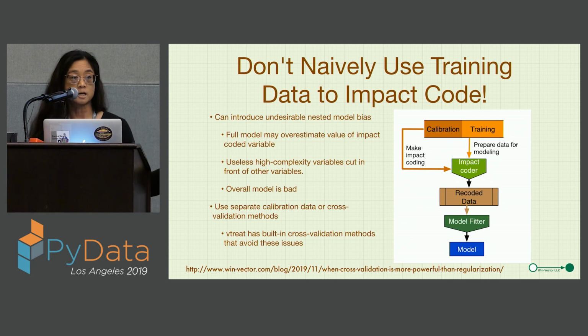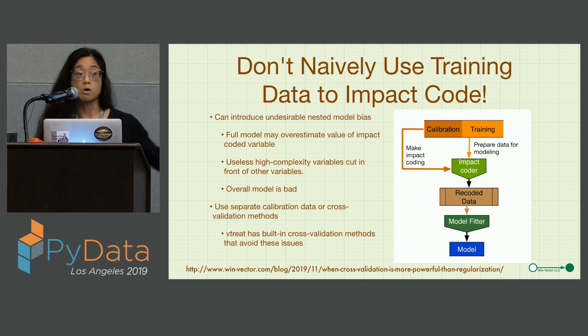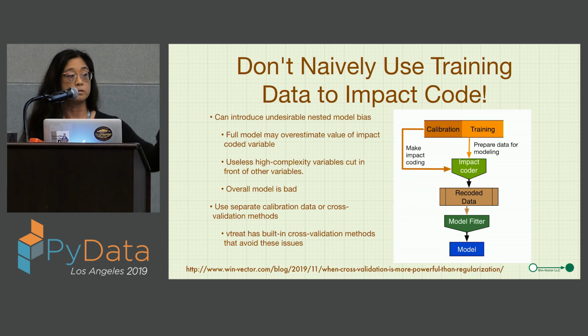You use the calibration set to learn this impact coding lookup table, with all the conditional outcomes. You throw away the calibration set, you take the other set, the training set, you impact code the zip code of that set and do all the other vtreat treatments, and then you use that treated data to fit your overall model for, in this case, home price. Because you haven't reused the data, you will not have this nested model problem, and you will avoid that potential